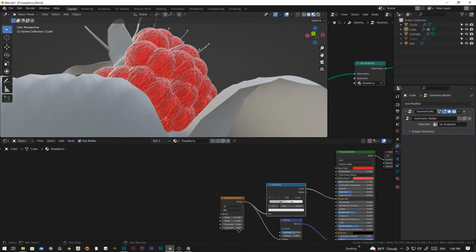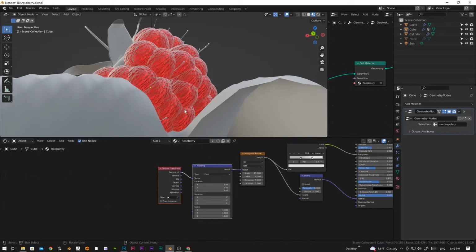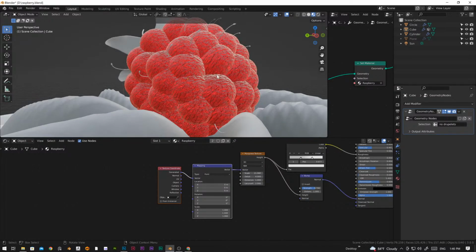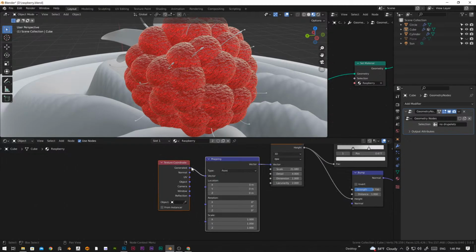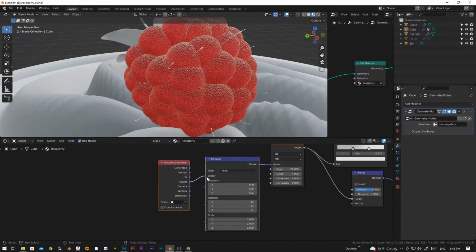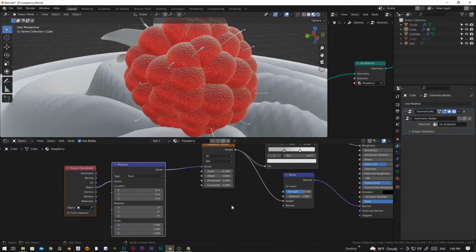To add a texture coordinate, you select the texture node and press Ctrl T, so that it will automatically create a texture coordinate. And you are going to connect the object to the vector,